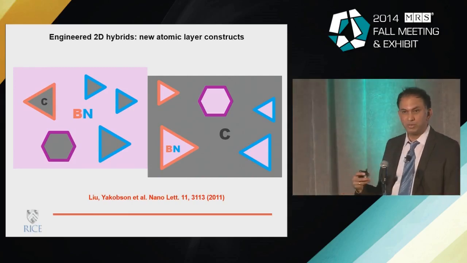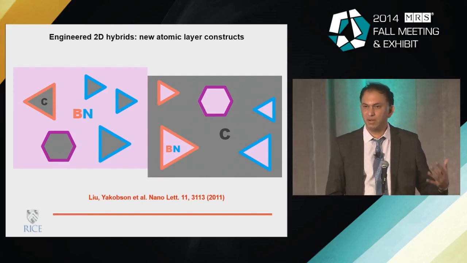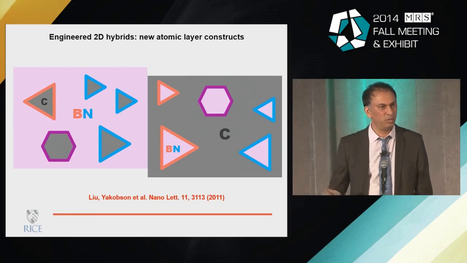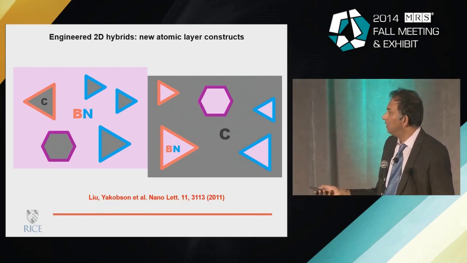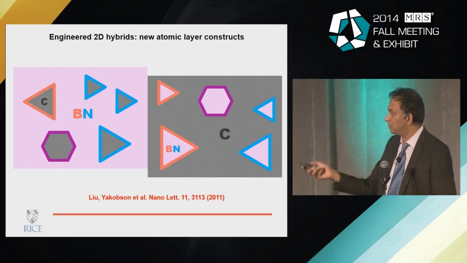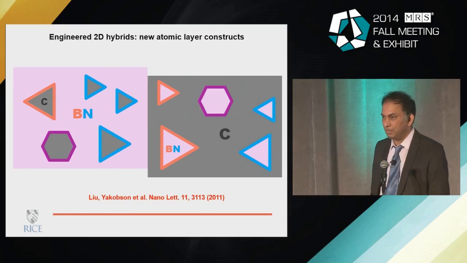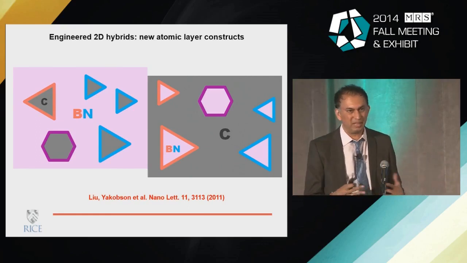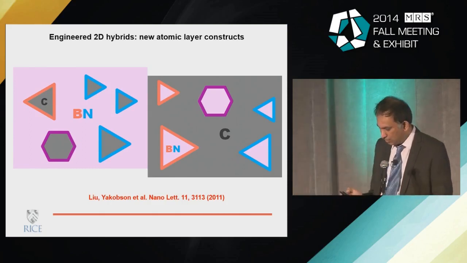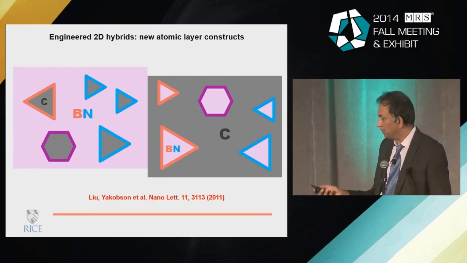And if you were able to follow this pathway and create your entire circuit on this two-dimensional atomic layer using this approach, then you can really get into business. So again, a lot of theoretical predictions on how some of these structures could be embedded, and the interfaces could be contiguous, straight and sharp. It's a fascinating area, because boron nitride and graphene are both isostructural, so they are almost indistinguishable from a structural point of view. But one is an insulator, one is a conductor.